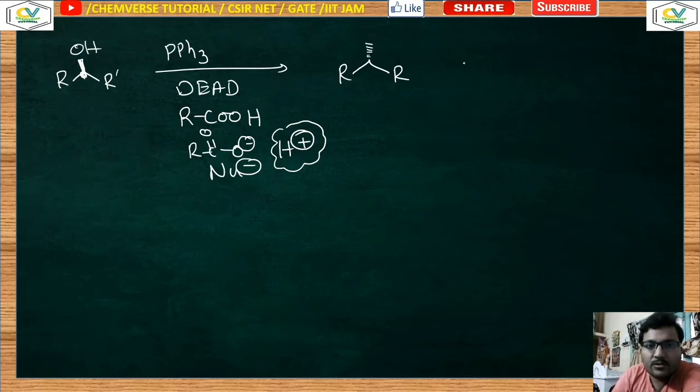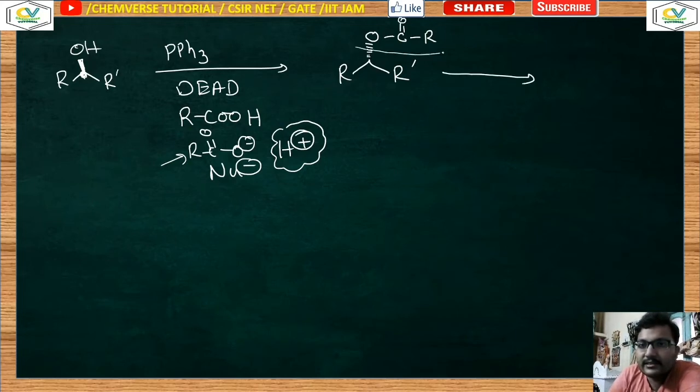Now you can take it as R. Okay. Now this will be your product. So there will be a nucleophile. Now here the nucleophile is RCO2 minus. So it is OCOR. So this will be your product. So this step is the Mitsunobu reaction. Now what you can do is reduce this center. Look at this. This is an ester linkage.